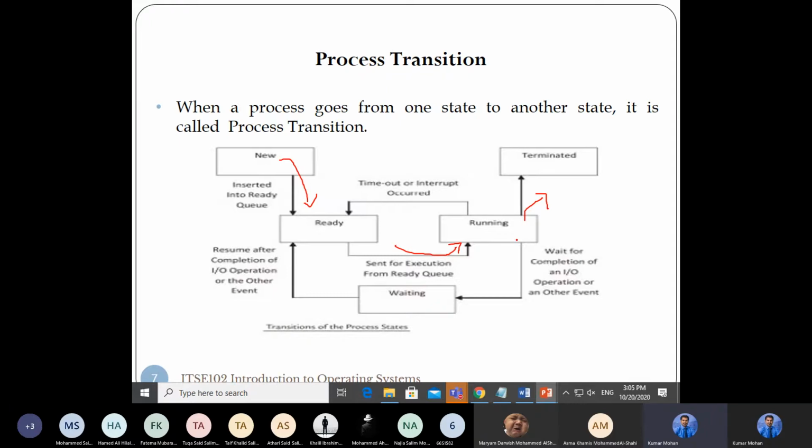Then, wait for or interrupt occur, it will go from running to ready. And then from running to waiting and waiting to ready state. So new, ready, running, waiting again. This is preemptive. Preemptive means it will come again and again.